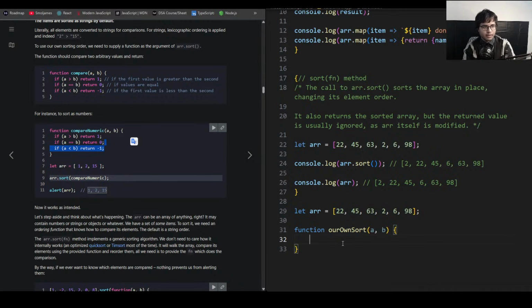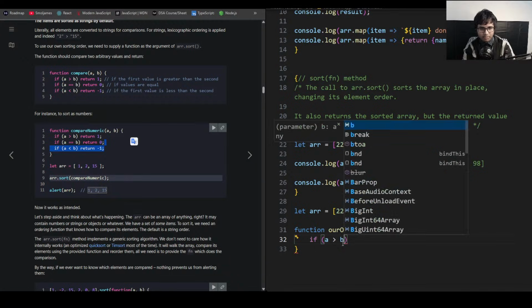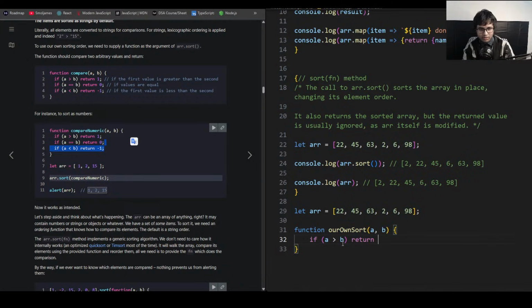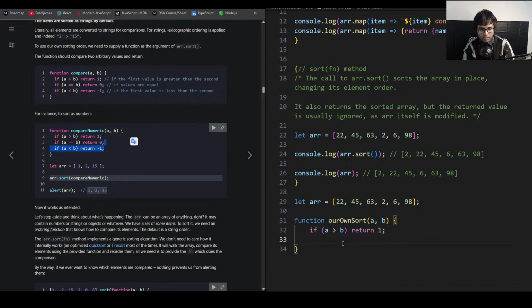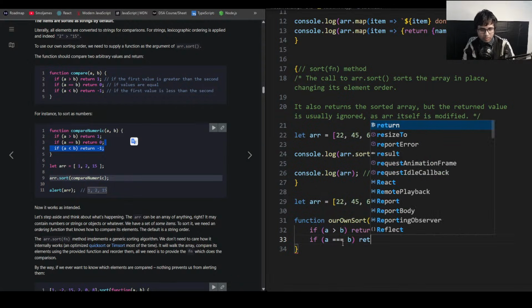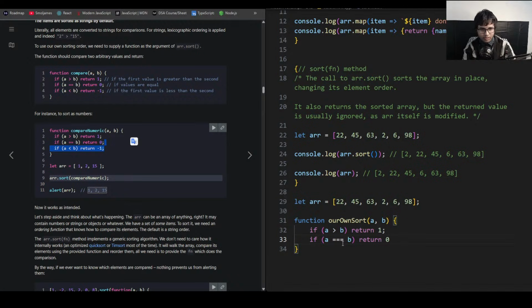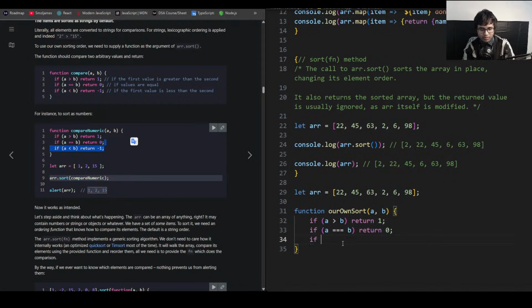What are you learning? I'm learning arrays. If A is greater than B, return 1. That's true, you know. 1 is true. If A is equal to B, return 0. If A is smaller than B, then we return